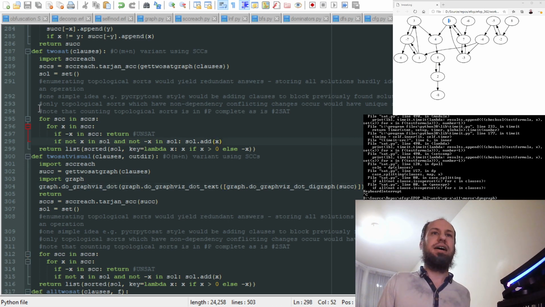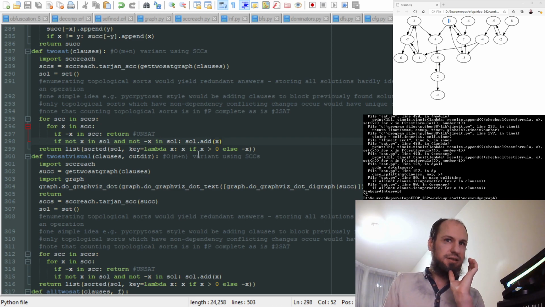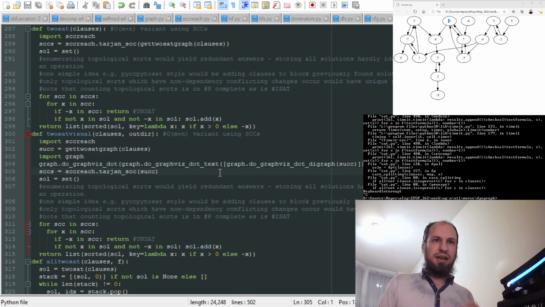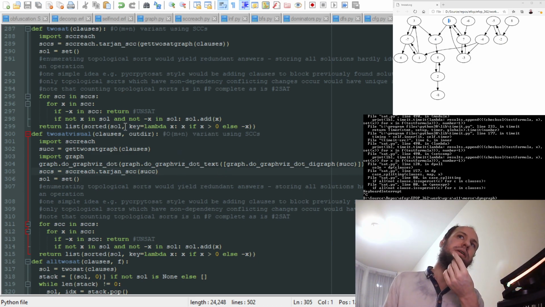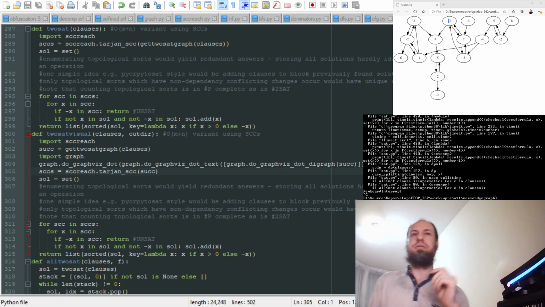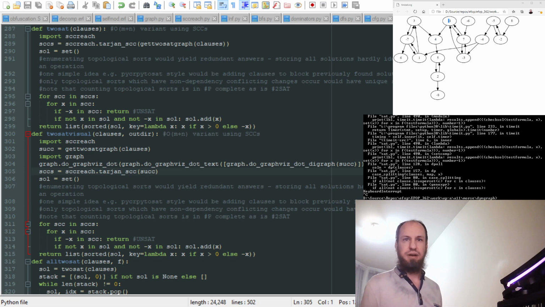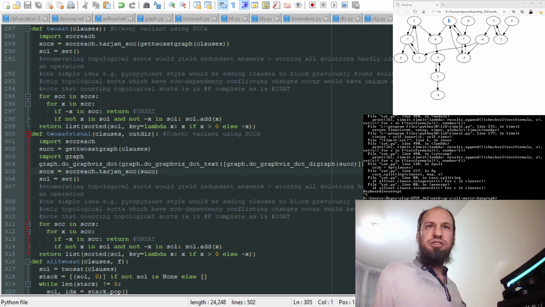So we get the SAT here, and we get the SCCs. And it gets interesting here because now we want to change our visualization and we want to draw the SCCs somehow. One thing we could do is collapse the SCCs, but what if we don't want to do that? Well, it turns out there's ways of doing something called clustering with Graphviz, and clustering requires you to add this subgraph. Now we actually have this